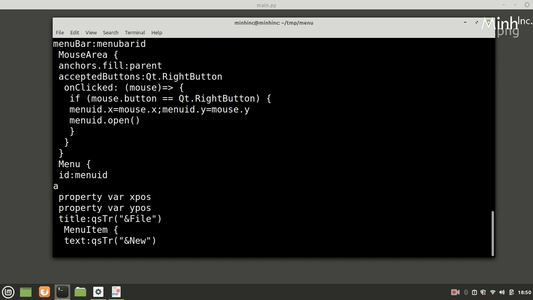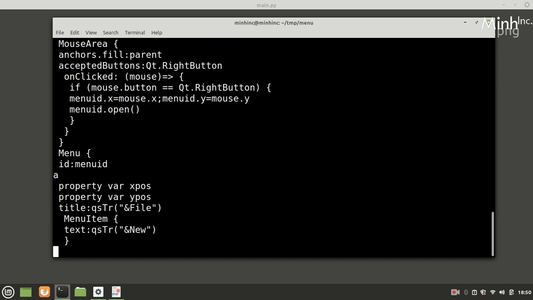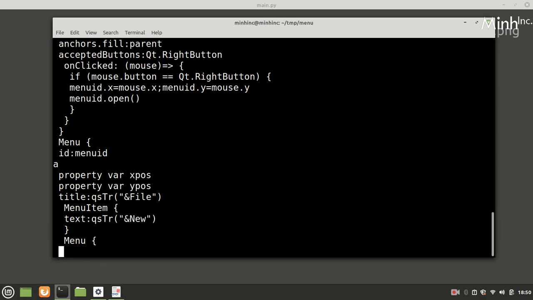So on triggered we'll leave it right now, just a skeleton we'll put. So we have another one, and its title is qsTr Open Recent.